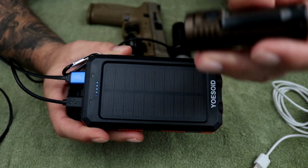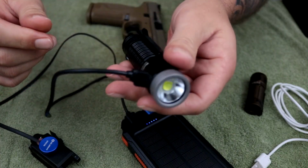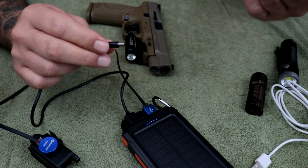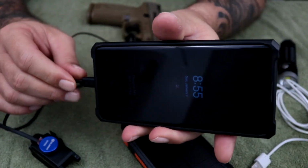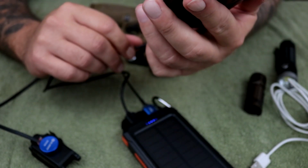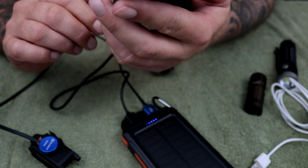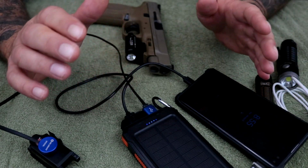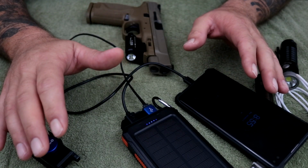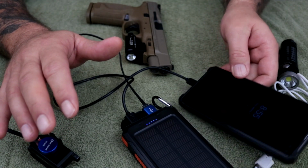Now, obviously, this is going to drain faster than it can charge that. Done with the flashlight, it's all charged up. Let's get your comms back up and rolling. But chances are, gentlemen, and it's got fast charging. Wow, I didn't realize that. That's cool. So chances are, if you got no access to electricity to charge a flashlight, you probably don't have